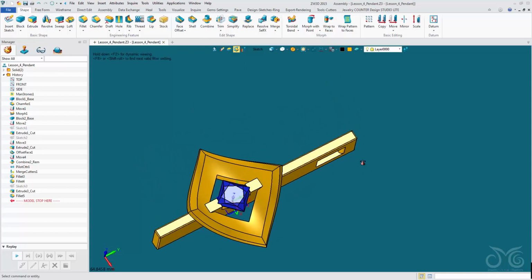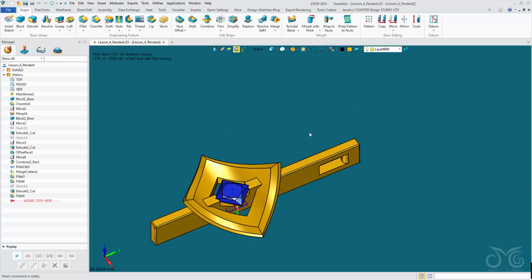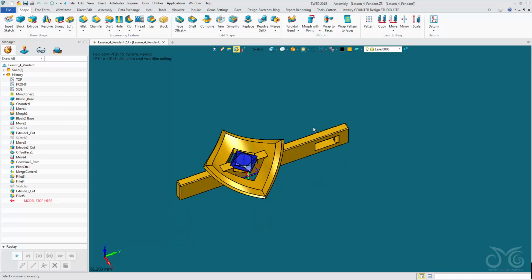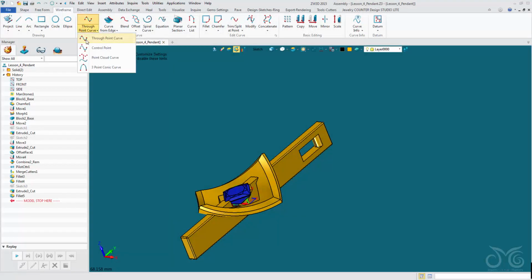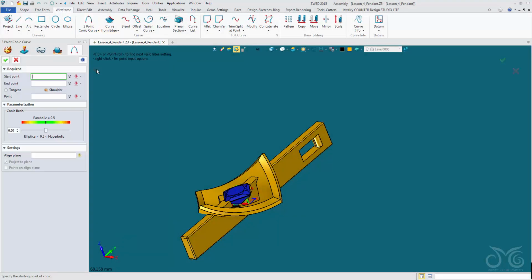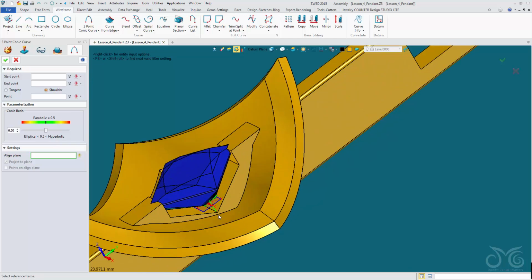Now for rendering purposes, we may want to add in a chain. Now we have a chain tool, and we use our chain tool by first defining a path that we want our chain to be on by creating a curve. So we could insert a sketch, create a curve going through here. In this case I'm going to navigate into the wireframe tab, and I'm going to use a 3-point conic curve. Now I'm going to constrain it to my top plane,